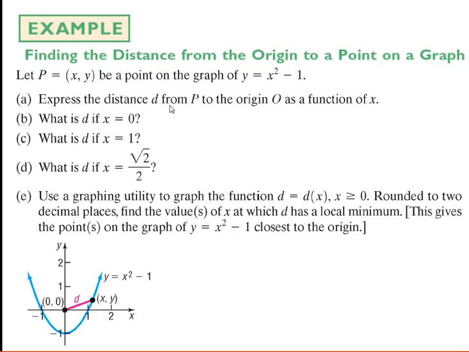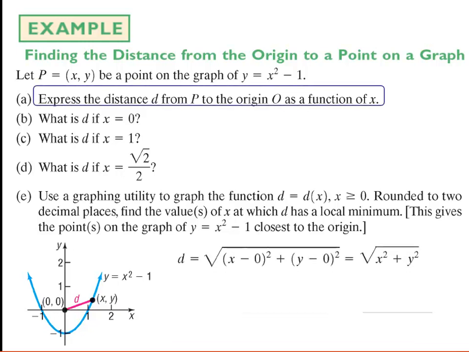It says express the distance d from the point P on the parabola to the origin. We want to express that as a function of just the value x of this ordered pair, that point on the graph. All right, so the first thing we'll think about is the distance formula. Let's remember what the distance formula is. It's basically Pythagorean theorem. But if we think of the distance formula in general, the distance between any 2 points